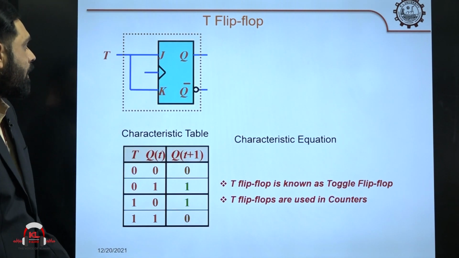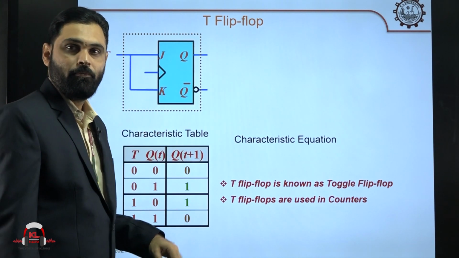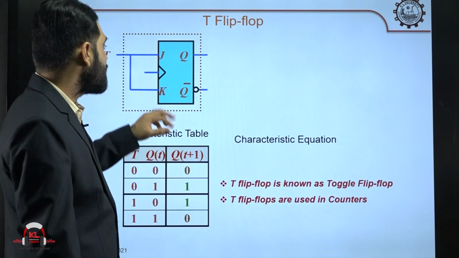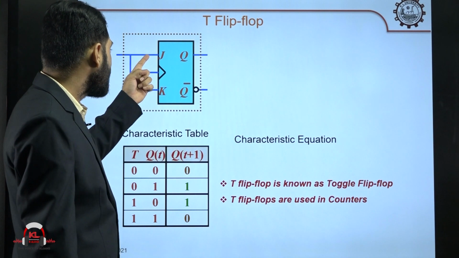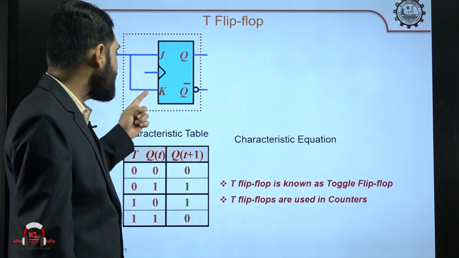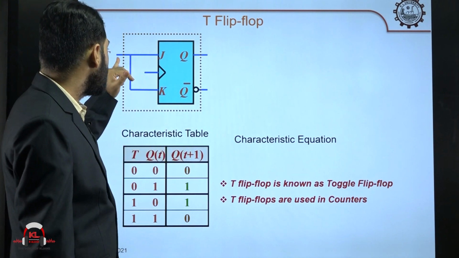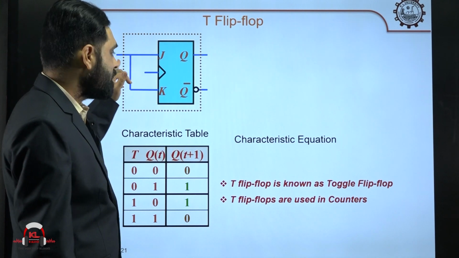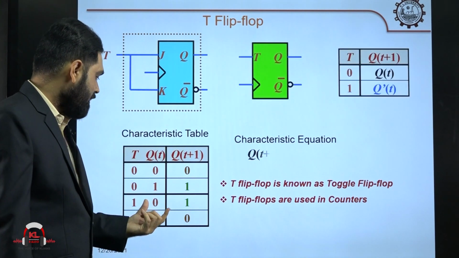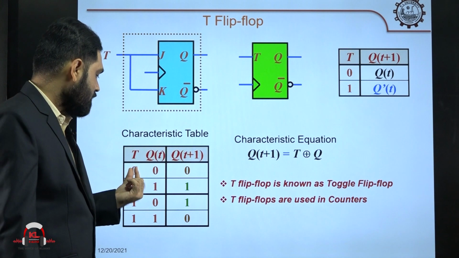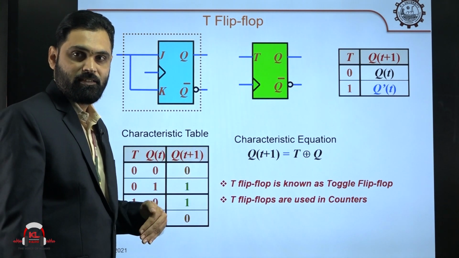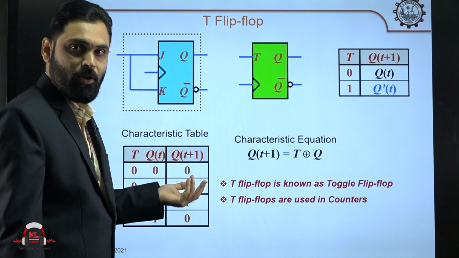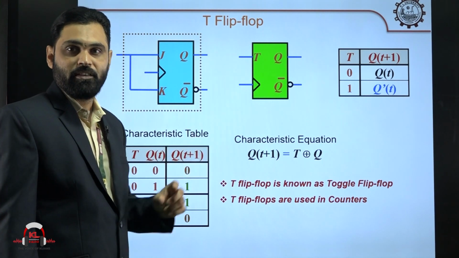And next flip flop is the T flip flop. This flip flop we call as toggle flip flop. The JK flip flop can be converted into T flip flop by connecting J and K terminals, by shorting J and K terminals. So, that input we call as a T input. So, this is the table of T flip flop. T flip flop is nothing but JK flip flop first case and last case. And D flip flop is nothing but JK flip flop middle two cases.